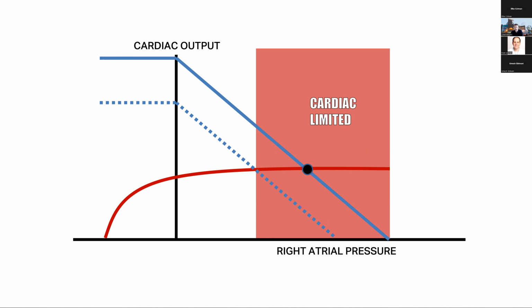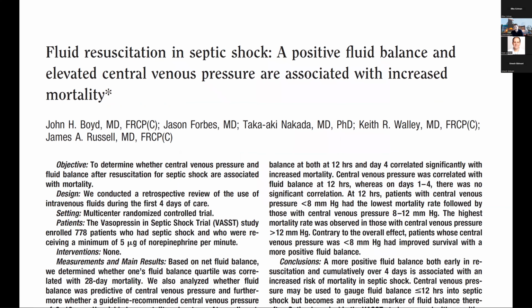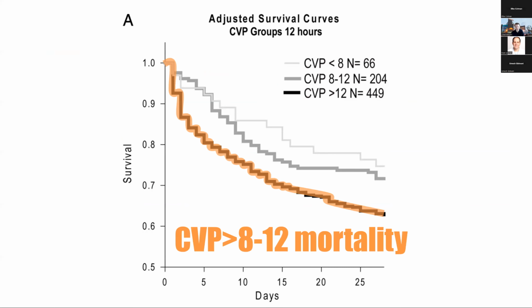So while the LV can tolerate extraordinarily high preload states, the RV can't. So what are the limits of the right heart, and what are the consequences of exceeding those limits? We go back to the post hoc analysis of the VAST trial back in 2011, where they looked at vasopressin and norepi and septic shock. What they found was that CVPs of over 8, and most substantially CVPs over 12, were associated with an increased